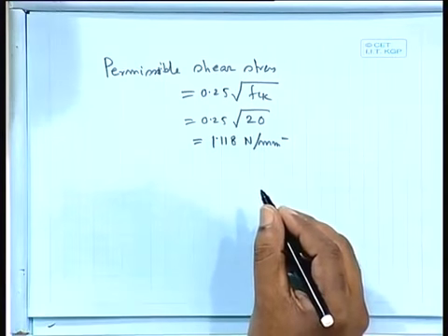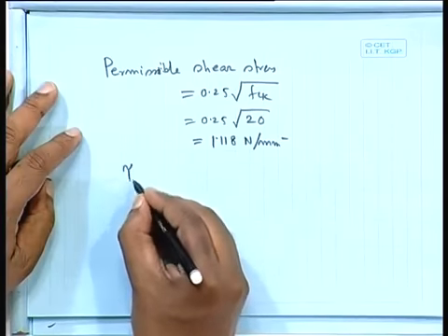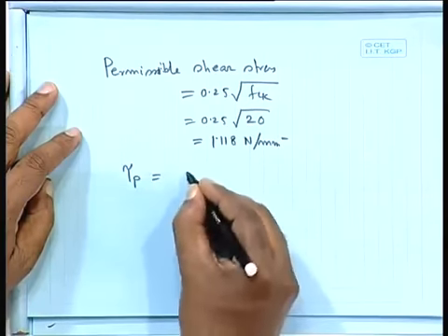So we are getting this value, tau P equal to,